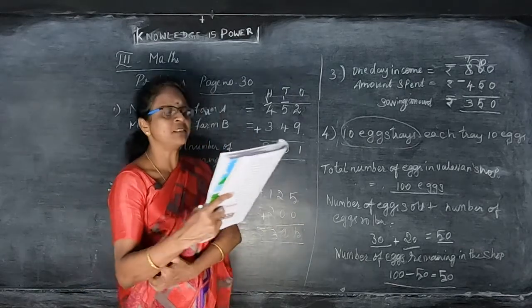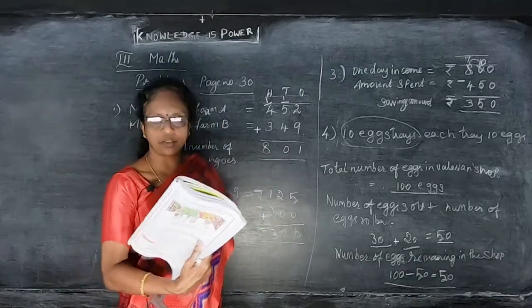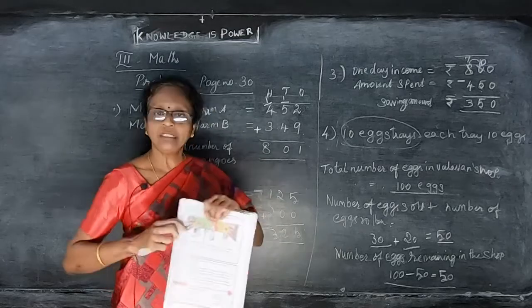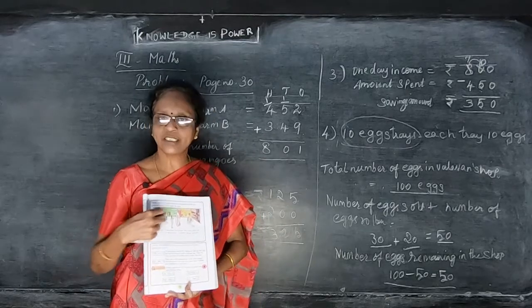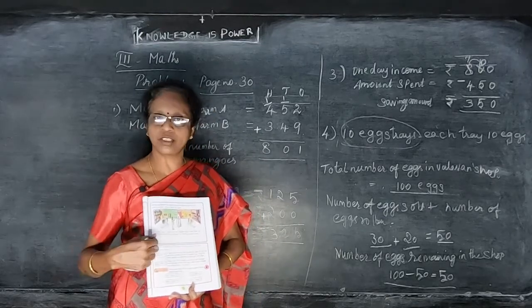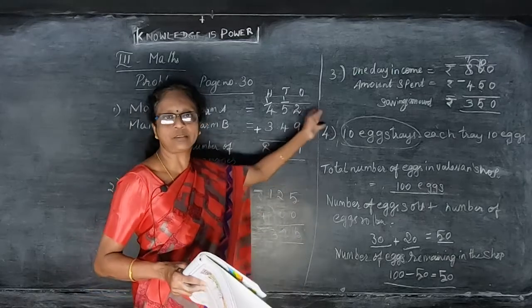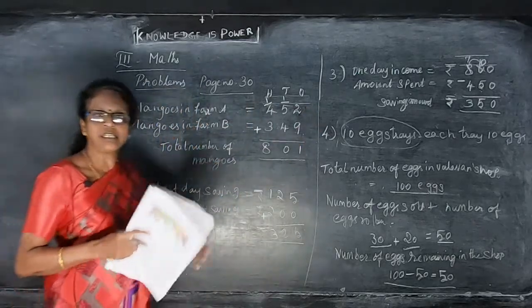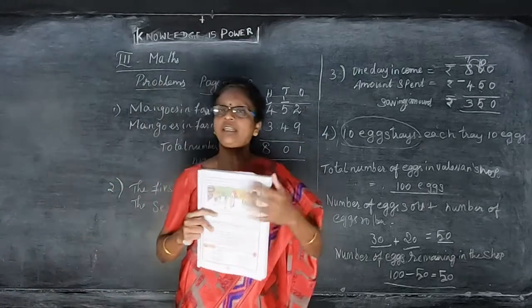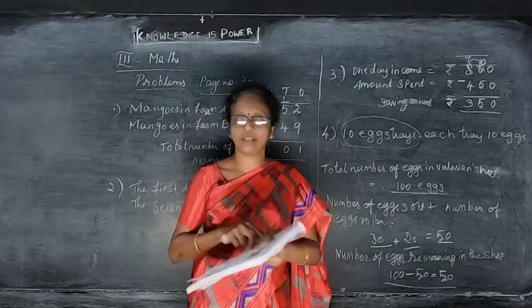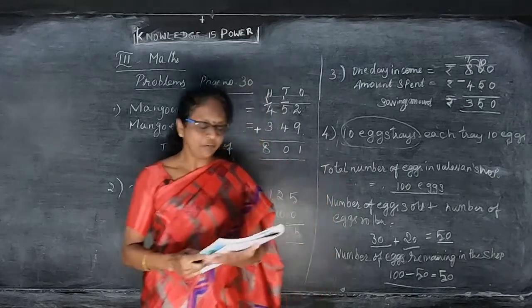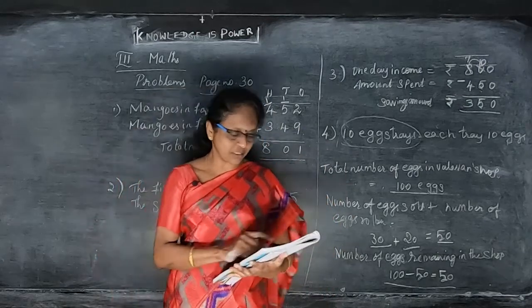And now in page number 31, you have to frame the question. See here, they have given a picture like this. You have to see the picture and frame the questions. They gave us the problem; we have to write the statement. Here they have given the picture. We have to write only the question. We have to frame it, form it as a problem. Frame questions for addition and subtraction given below.